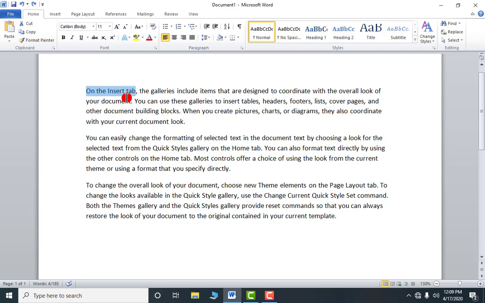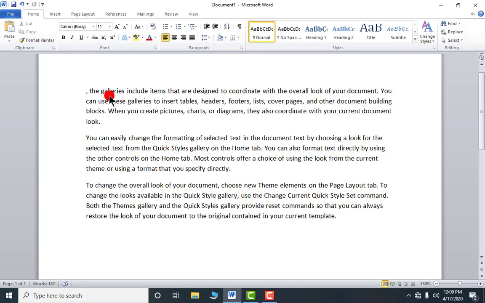Now if I say we have to do this cut, copy, paste, or you can say cut, paste using the keyboard, you don't have to touch the mouse. For that, click here, press the shift key and select all these 4 words. Now Ctrl plus X for cut. Shortcut key of cut is Ctrl plus X. If I do this, look, text is gone.